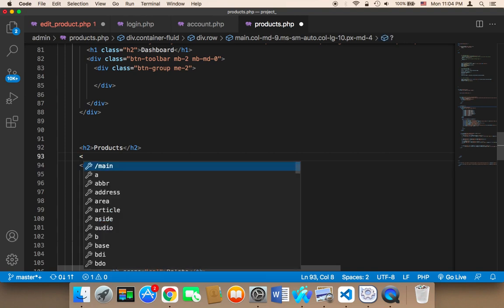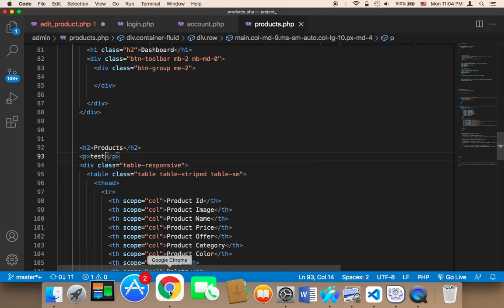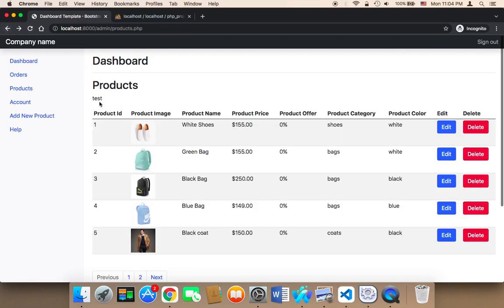Let me here first say, here I'm going to say P, and then I'm going to test the location of this. So if I go back, this test is going to be displayed here. So if you want to display a message,